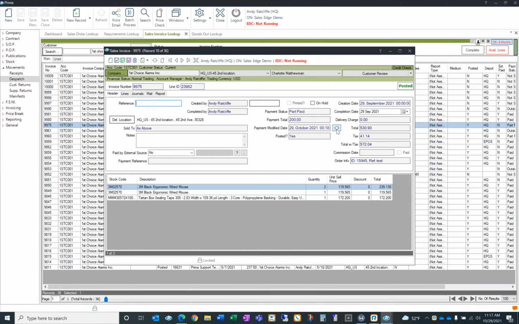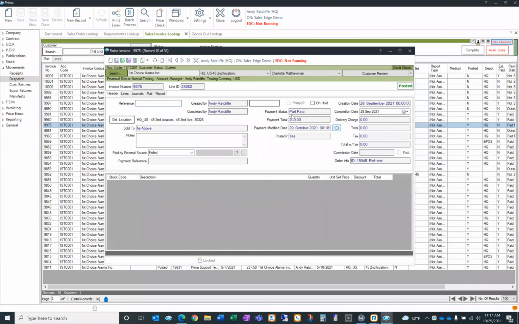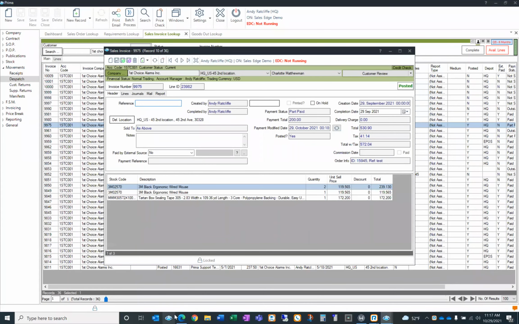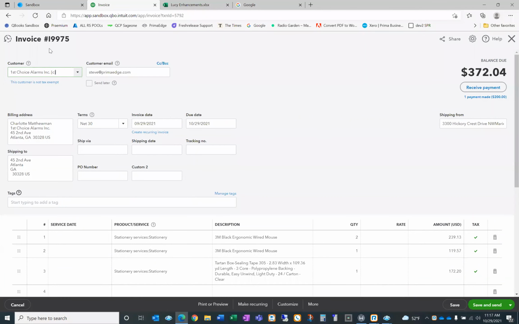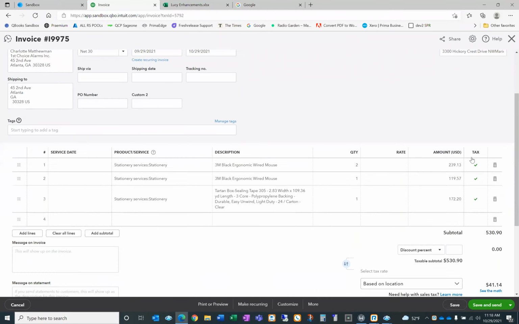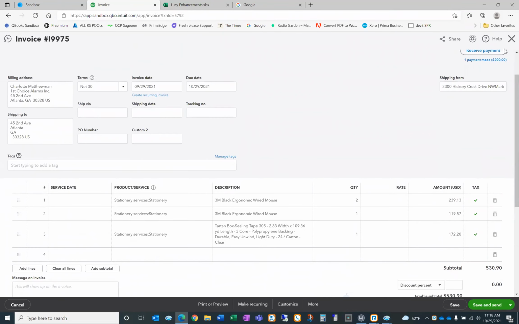works for multiple financial systems, because we've got customers who use more than one financial system connected, so you can have multiple, say 2 versions of QuickBooks connected to one Prima, for example. And if you wanted to refresh on this, it will go and get it without waiting that 15 minutes, and it'll just refresh. So if I popped into my QuickBooks here, and I've got that invoice 9975, and I wanted to take a payment on that,